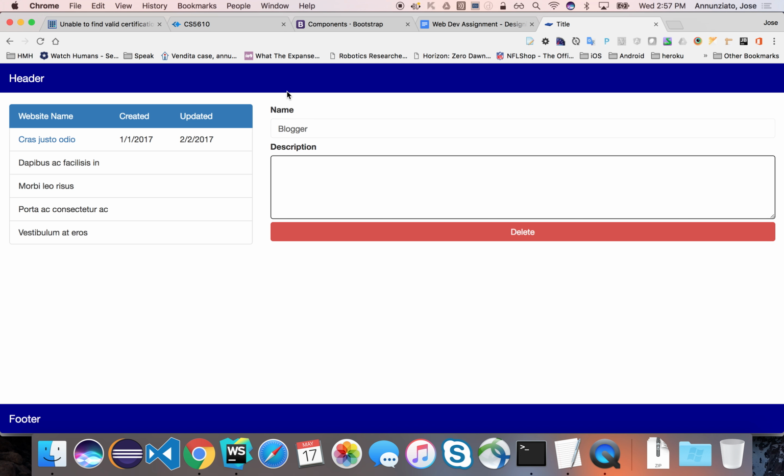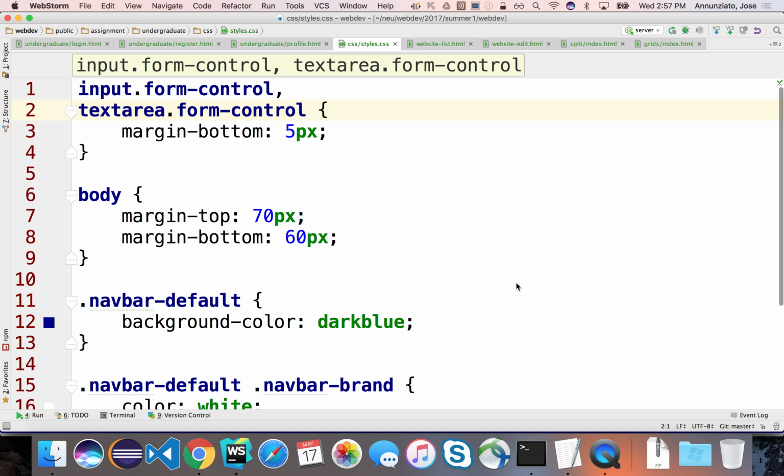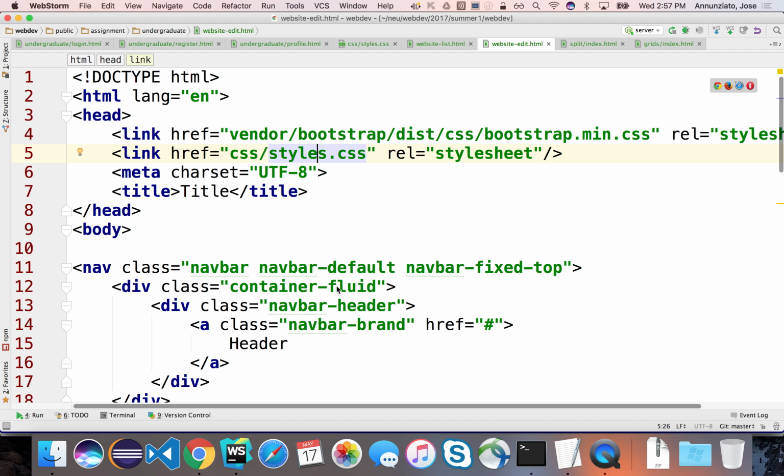Right, so let's refresh. Notice that now we do have that spacing. And if we click on delete, it navigates back to the list of websites. Yes? Everybody good? All right, I think the only last thing to do is to add some